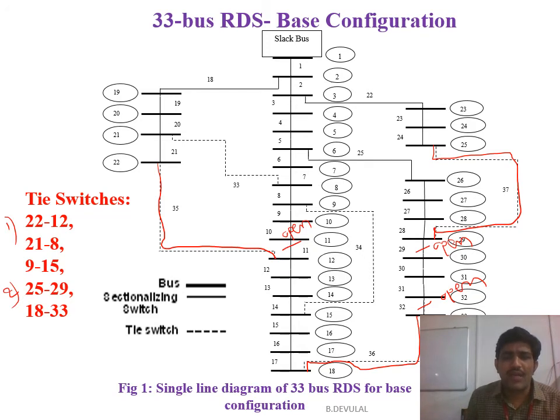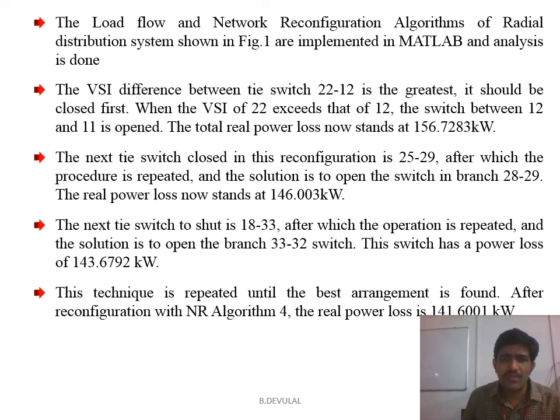And we can perform the MATLAB simulation, and we got the results. So those results are being compared now. In the first case I applied tie switches at 22 and 12, so I got 156 power loss. In the second case, with tie switches 25 and 29, I got 146 kilowatts. In the third case, with switches 18 and 33, I got